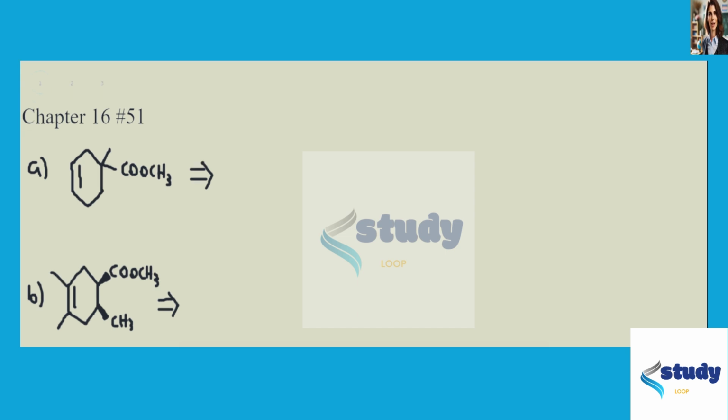This is the answer to Chapter 16, problem number 51 from the Smith Organic Chemistry textbook. And this problem asks us what diene and dienophile are needed to prepare each Diels-Alder product. So we have 6 Diels-Alder products, and we need to come up with the dienes and dienophiles from which they